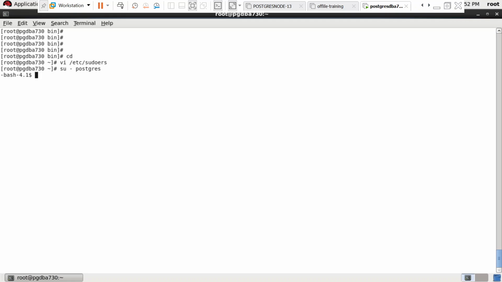Where is the initdb utility? This initdb utility is available in the Postgres binaries location. Let's go to that location, /u01 Postgres pgv15. When you look here, there is a bin. Go to bin. If you run ls init star, we have the initdb utility, right? We have to call this initdb utility to perform the database